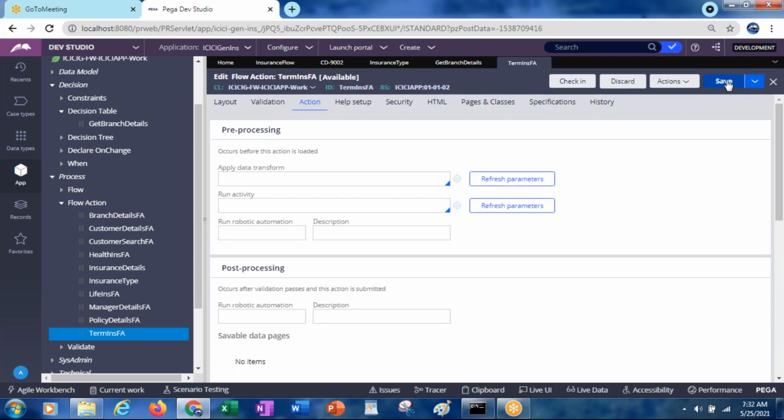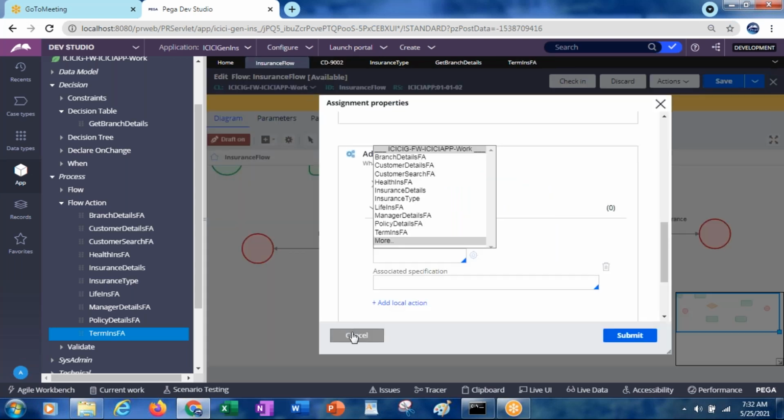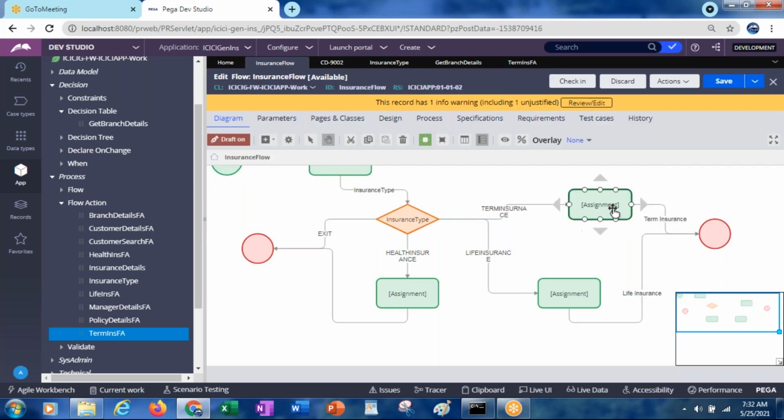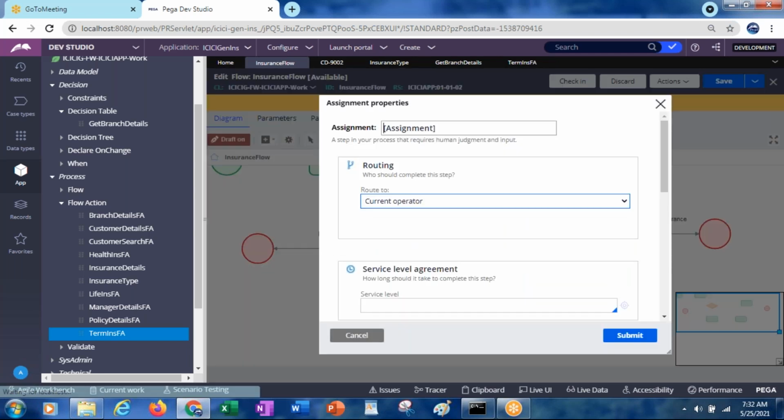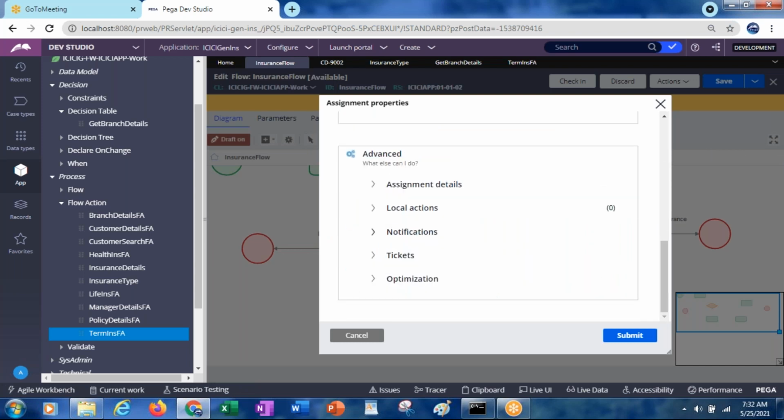Save it. Now go to the flow. Cancel it. Double click on the assignment. Now local actions.